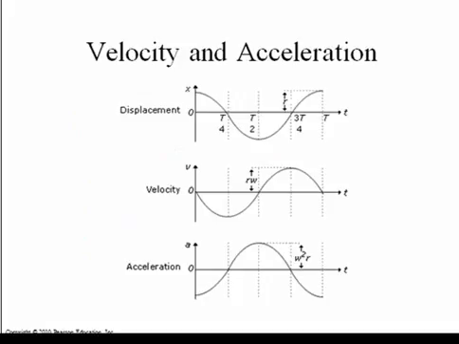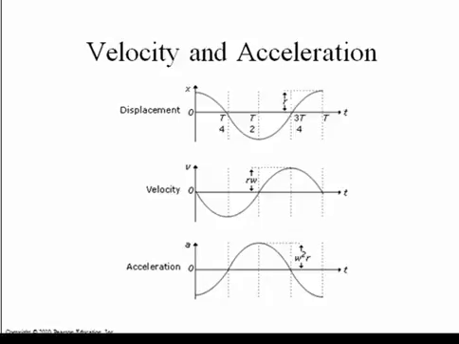Now let's consider what the velocity function would look like for a simple harmonic oscillator. First of all, the oscillator would have the most velocity when it moves through equilibrium. It would have zero velocity at the endpoints. So if you take the slope of the position graph, you will see that the velocity graph looks like a